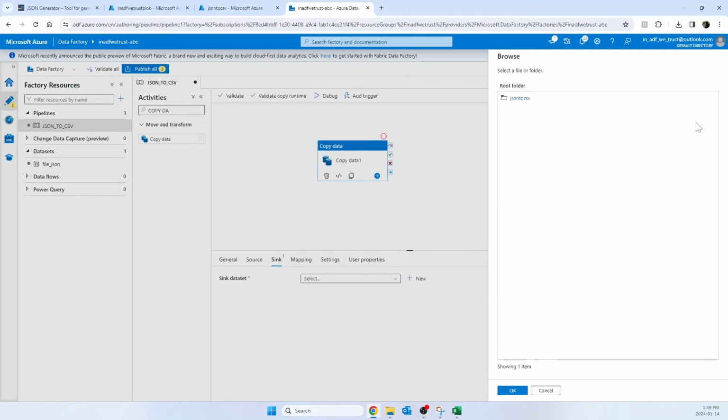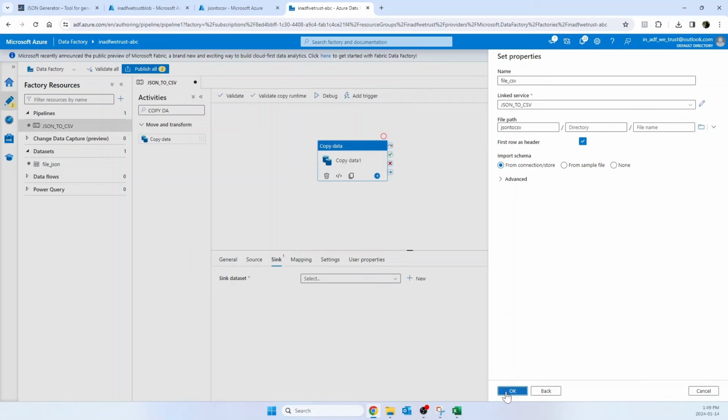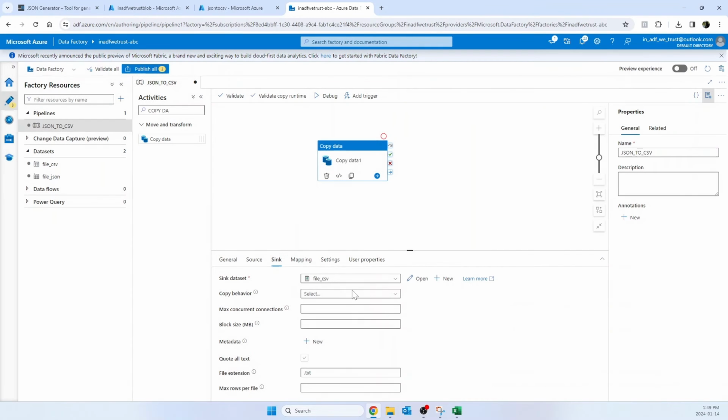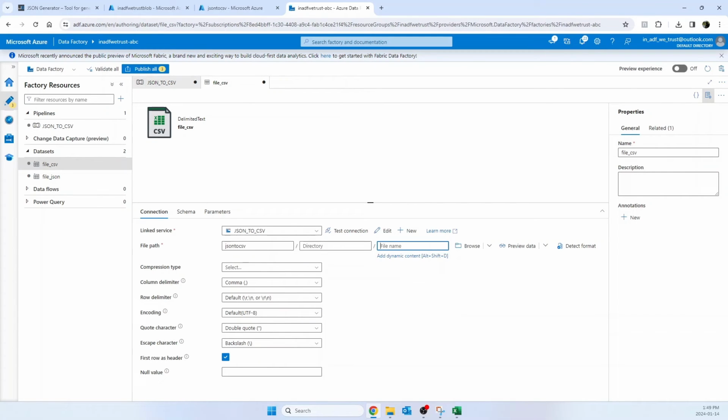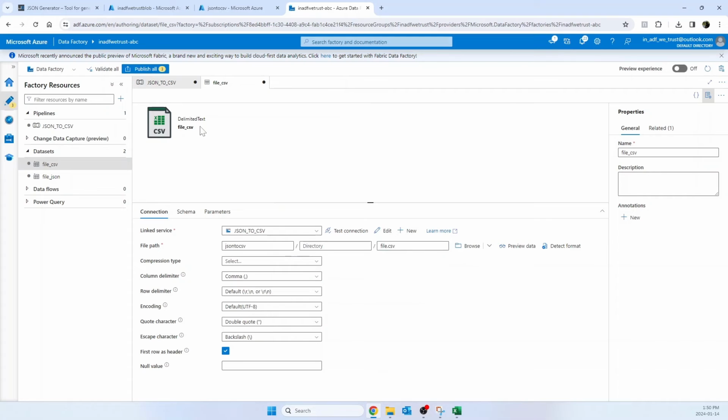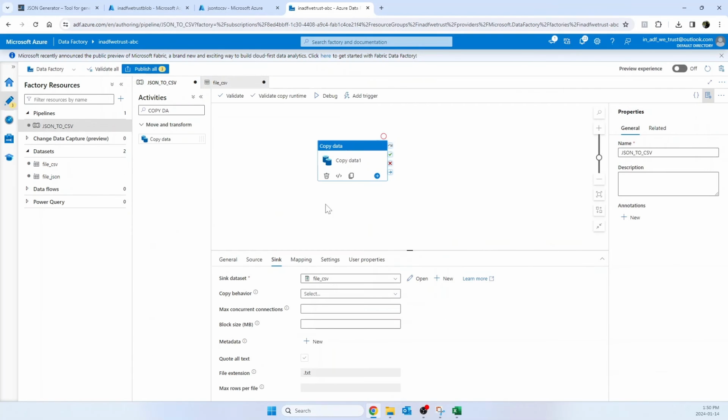and we want the result to land in the same path, but we can modify it later if we open the dataset here, but of course with a different name. We want it as file, now yes.csv. And if we come back,